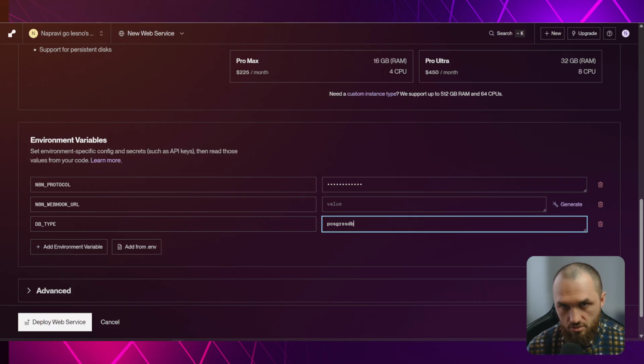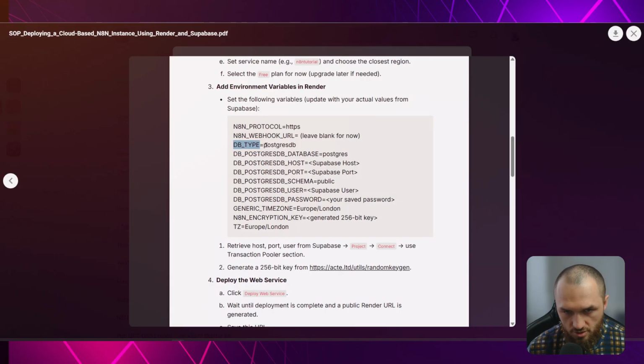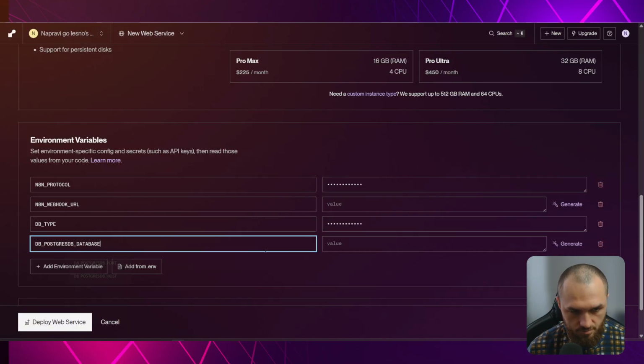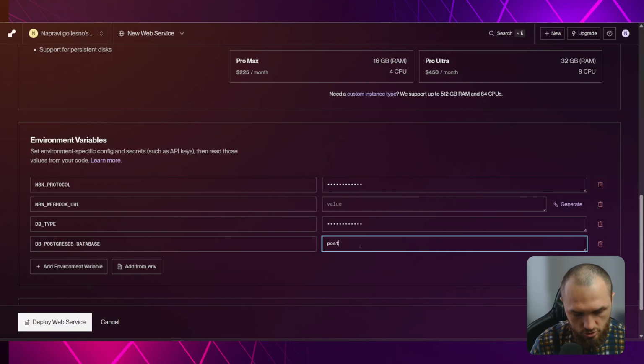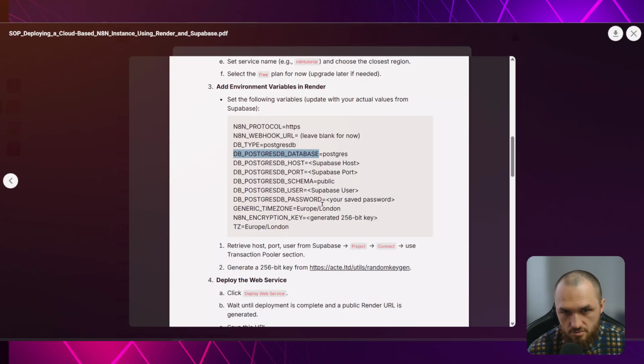DB. Postgres DB, yeah. DB Postgres database. Copy, paste, Postgres. That's it. And then here on Postgres database host,